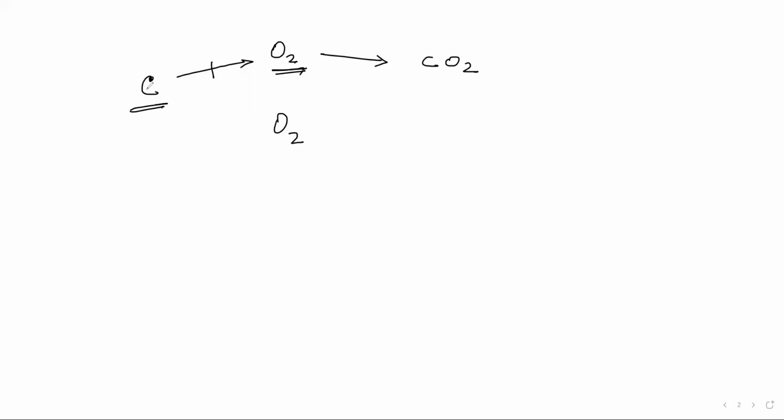I can also extend this to, if I have 1 mole of carbon atoms and I have 2 moles of oxygen atoms, still I will get how many moles of carbon dioxide? 1 mole, right? Because what will happen? This is 1 mole of carbon, and this is 1 mole of oxygen gas. So this 1 mole of carbon will react with 1 mole of oxygen. It will form 1 mole of carbon dioxide. And this particular oxygen molecule will remain as it is and it won't react.